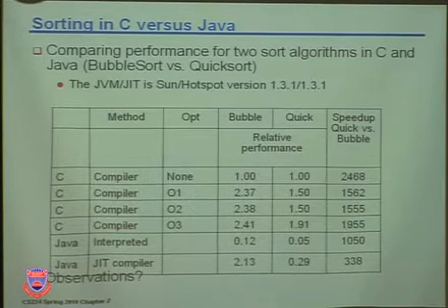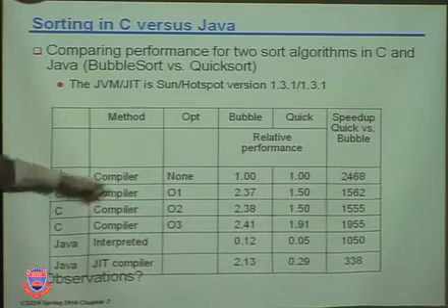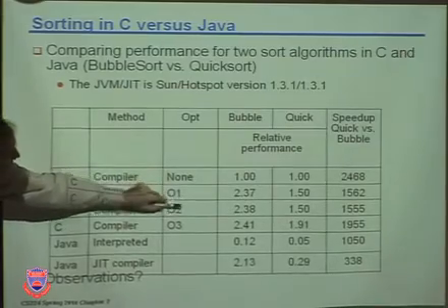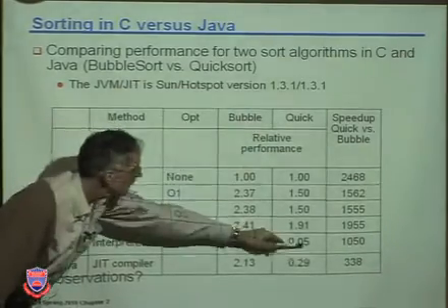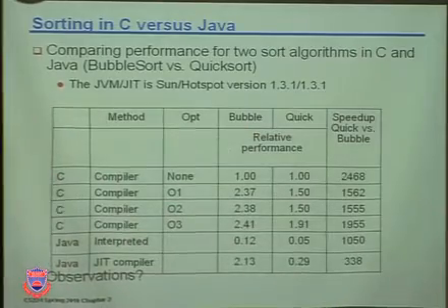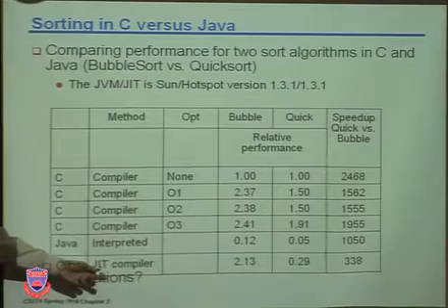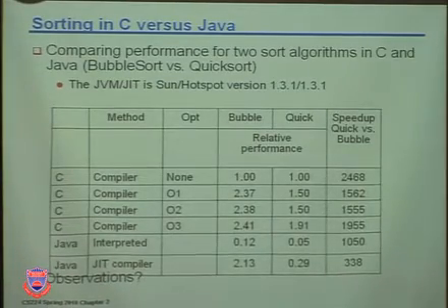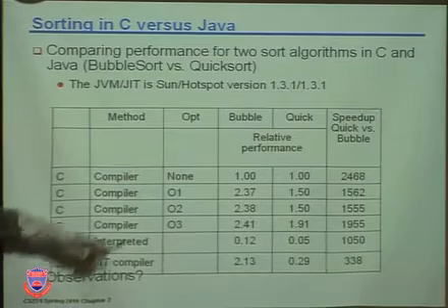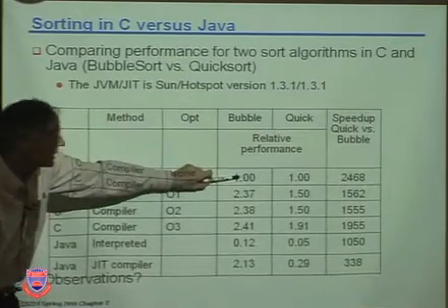C and Java. Bubble sort versus quick sort. Okay, so you can see that for C versions, namely no optimization, optimization level 1, 2, and 3 are shown. For bubble sort in this column and quick sort in this column, and you're looking at relative performance. And then 2 for Java, interpreted Java and compiled Java with just-in-time compilation of the hot or frequently used Java modules. So what you can see is that the value of bubble sort, if this is the standard, the same